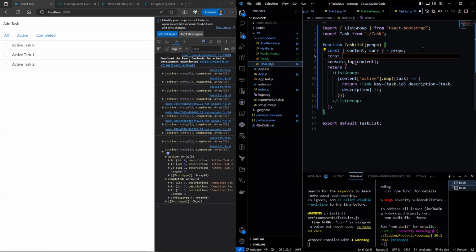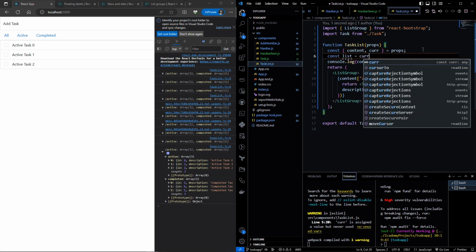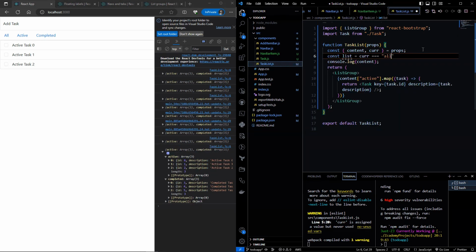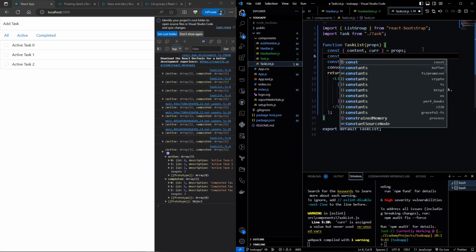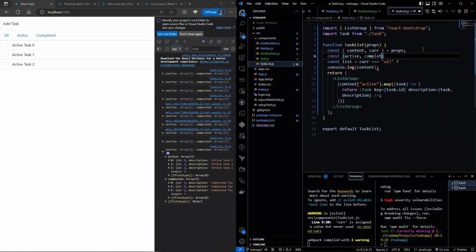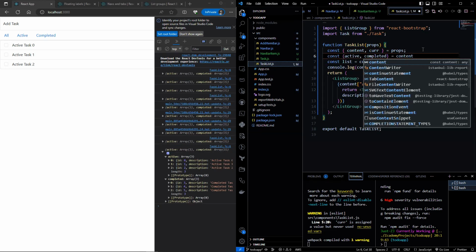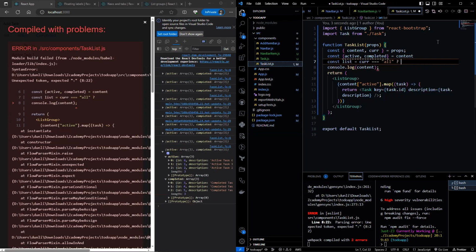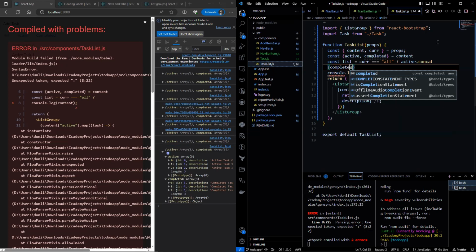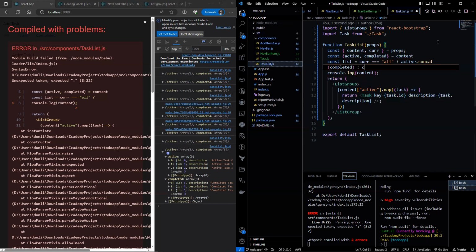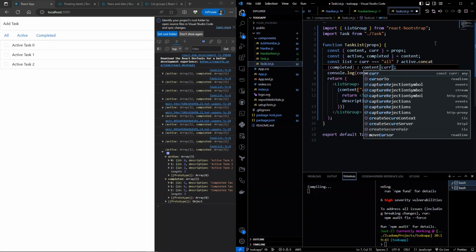So let's create a new variable called list, and if current is all, then we would need both the active combined with the completed tasks. Before that, let's destructure active and completed from the content object. Then we can do active.concat(completed), else content[current].